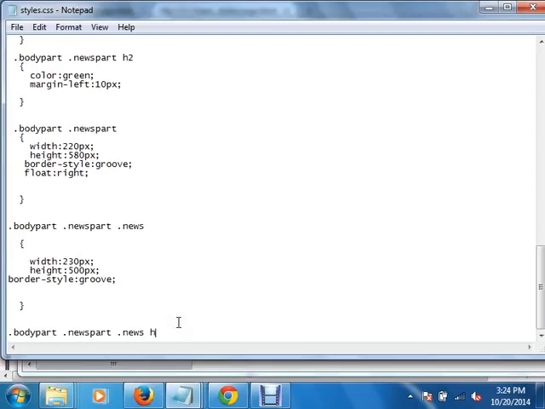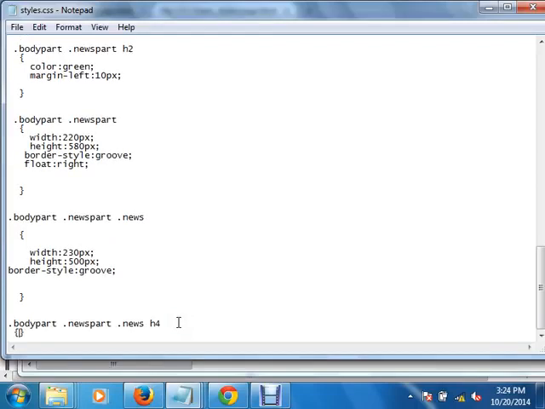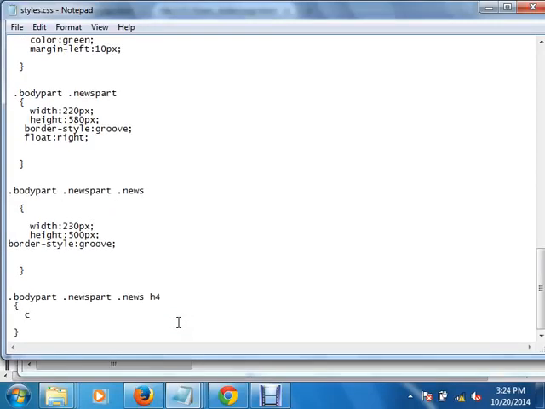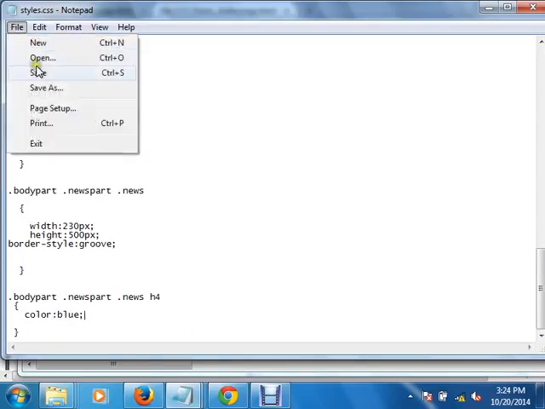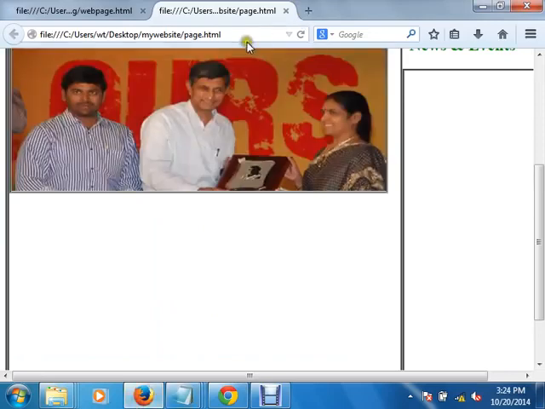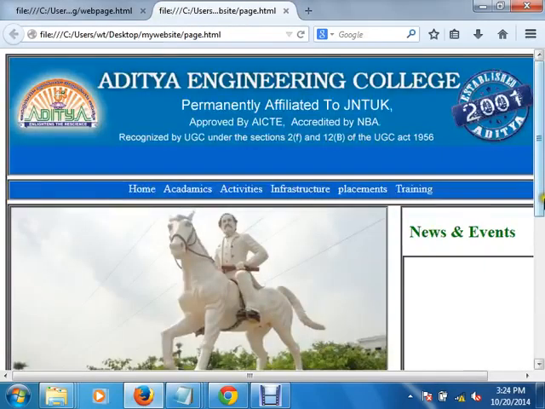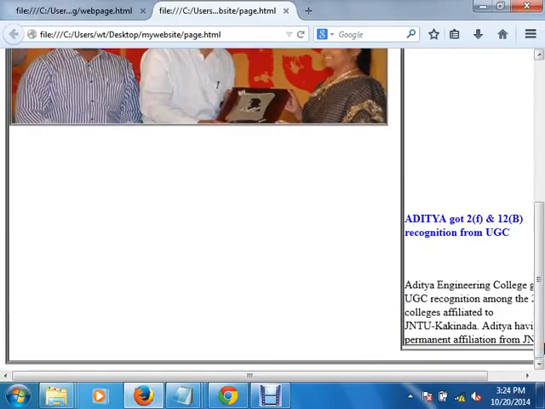So news H4 color blue. Okay, now it is displaying in blue color.